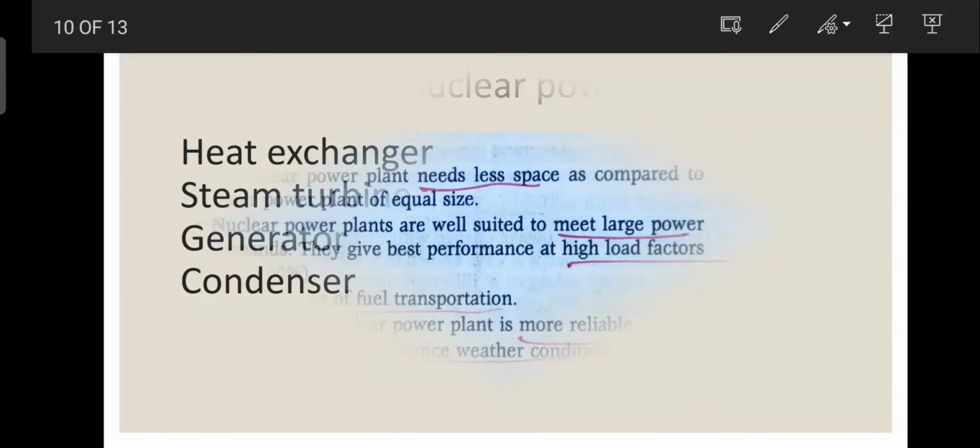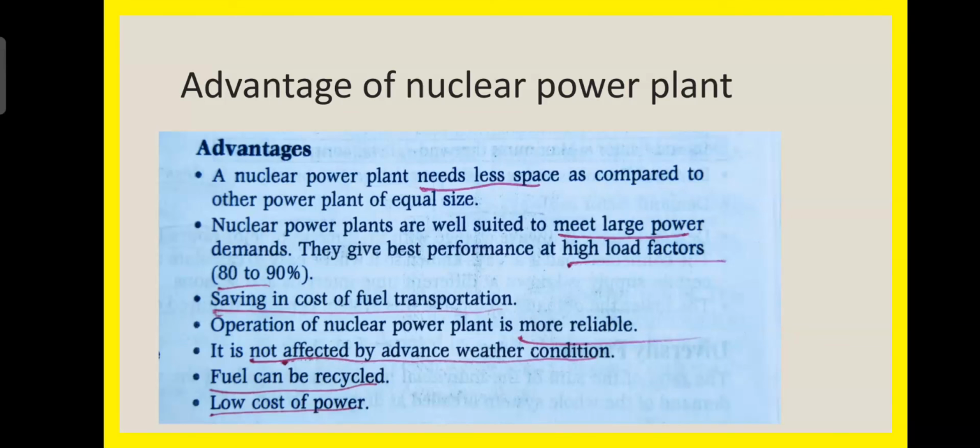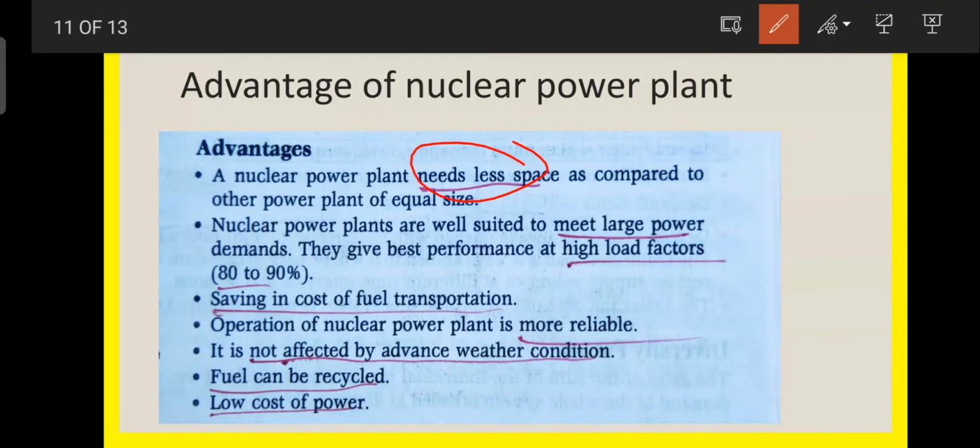into water. We circulate into heat exchanger to form steam. Let's see the advantages and disadvantages of nuclear power plant. In advantages, a nuclear power plant needs less space as compared to other power plants of equal size, and nuclear power plants are well suited to meet large power demand, and they give best performance